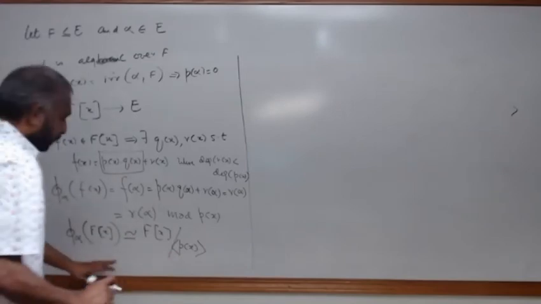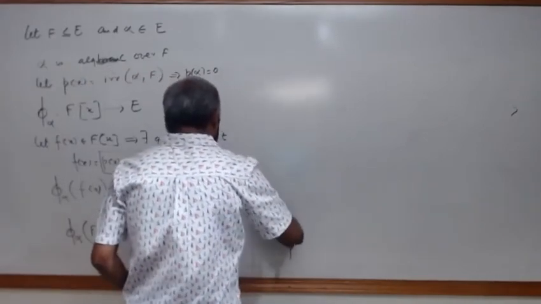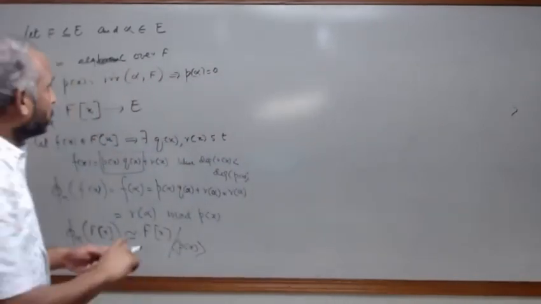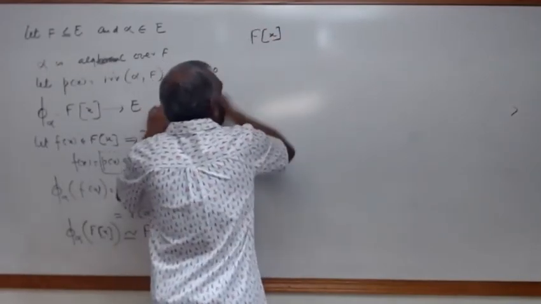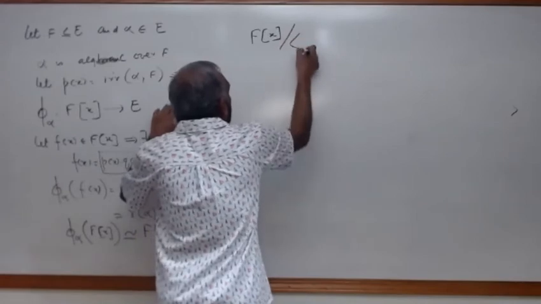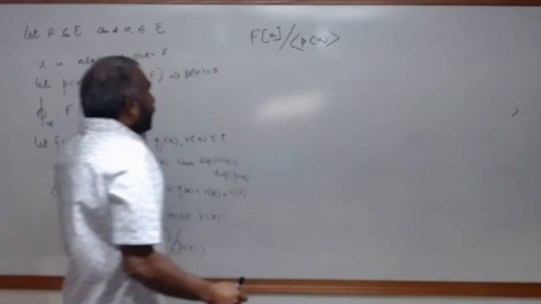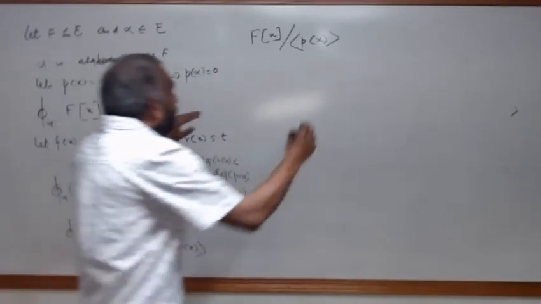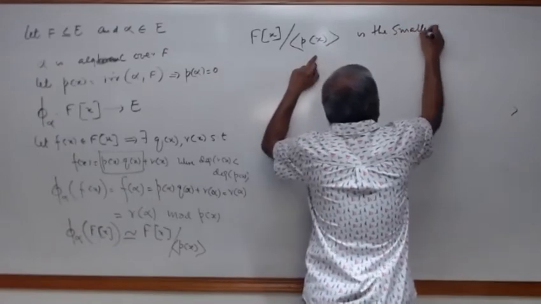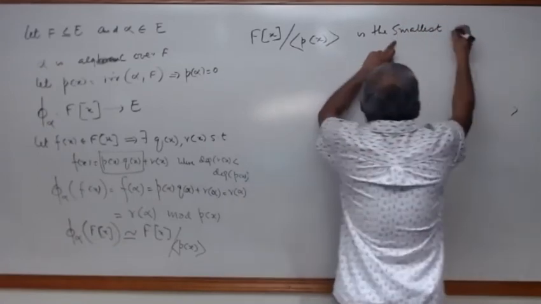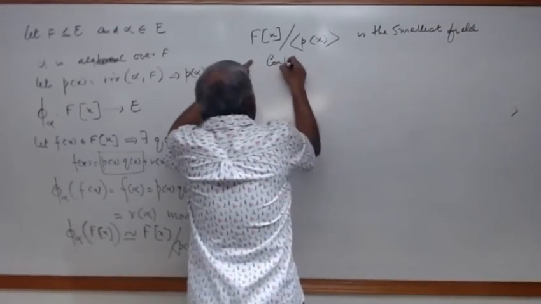So we can say f of x over the ideal generated by P of x is the smallest field containing